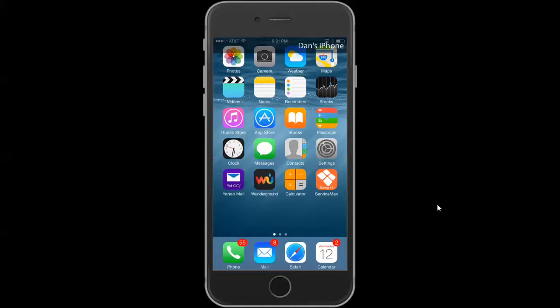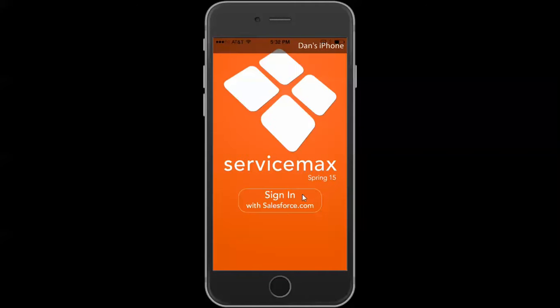This tutorial will take you through updating and completing a ServiceMax work order. First step is to access the ServiceMax Spring 15 app. If it is your first time accessing the app, you will be prompted to enter your username and password. Click on Sign In with Salesforce.com